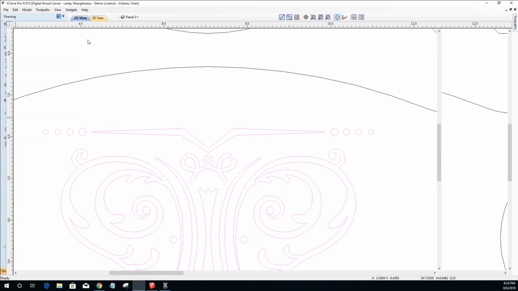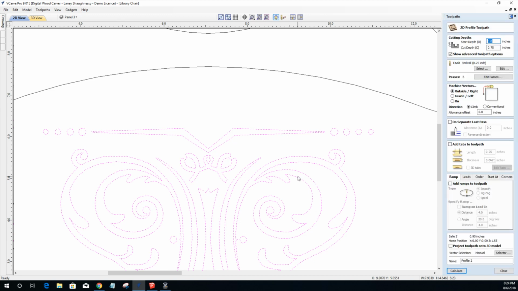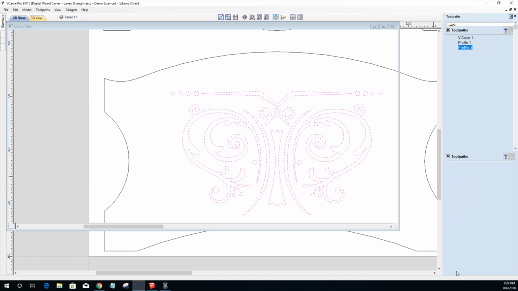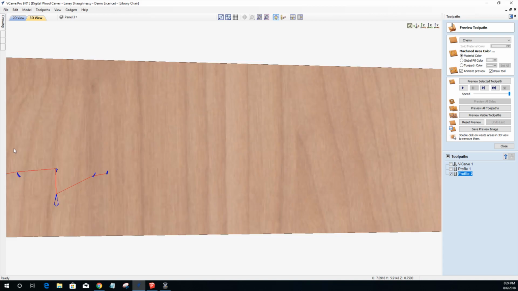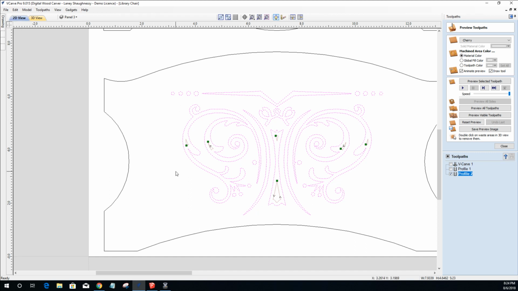So let's create our profile toolpath for this. You just got to know that it's only going to carve up to where the bit can fit. It's only going to create the toolpath. And I want to be on the inside of the cuts for these. I want to be on the inside of the cuts for those. Notice how right here, that's all it created. You see that blue? So it didn't create any of the toolpath, simply for the fact that my